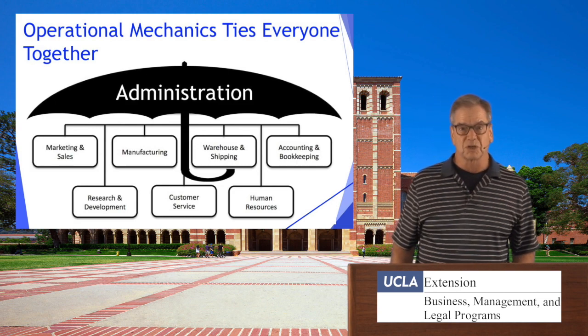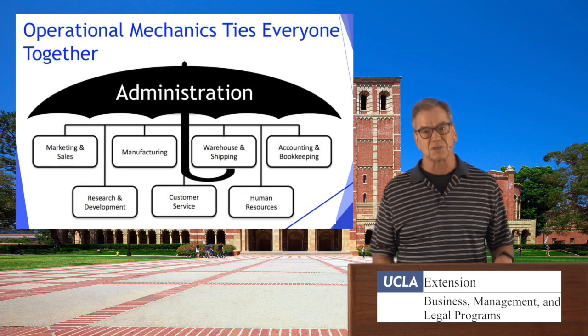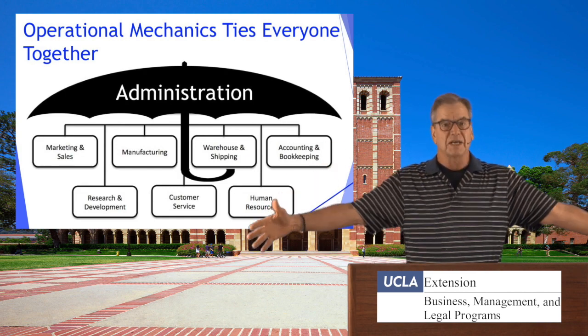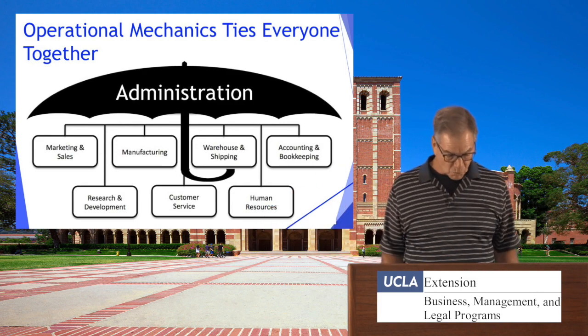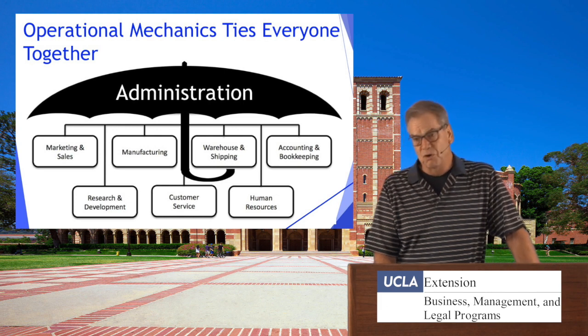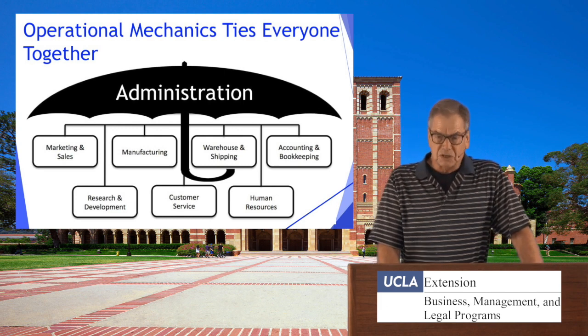So an umbrella is a really good way of graphically depicting this because the administration ties everyone together, puts everyone under the same roof, and for filing systems, phone, email, technology,